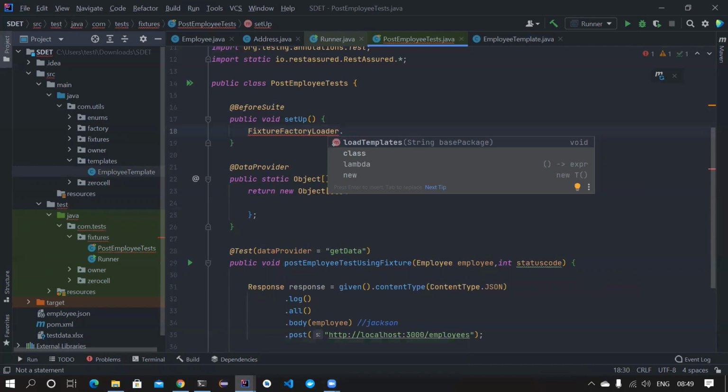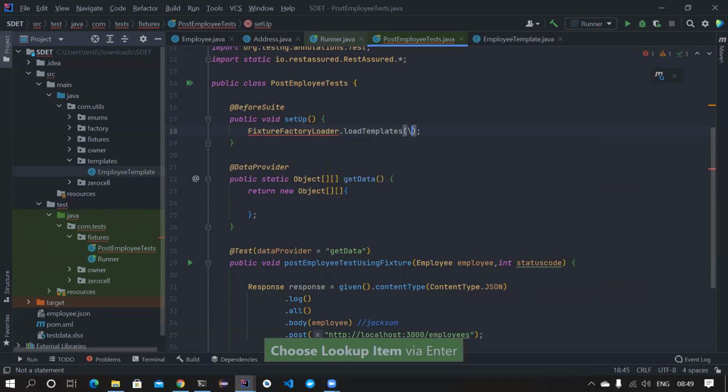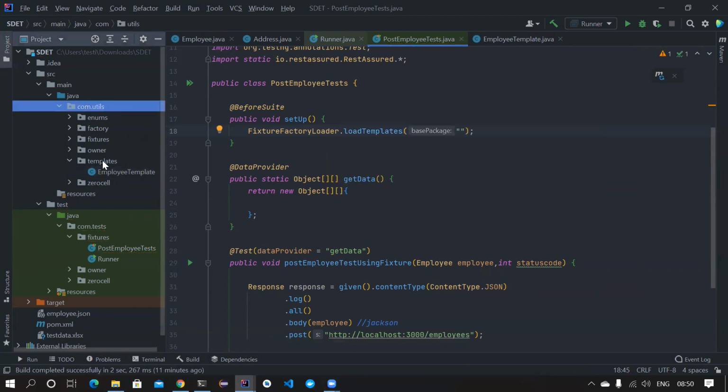If you have a lot of templates, you would be keeping them in class files, so mention all the class file packages. I want to load templates that are present in the com.utils.templates package. So in your BeforeSuite, it will go and check this particular package, and it'll load all the templates.